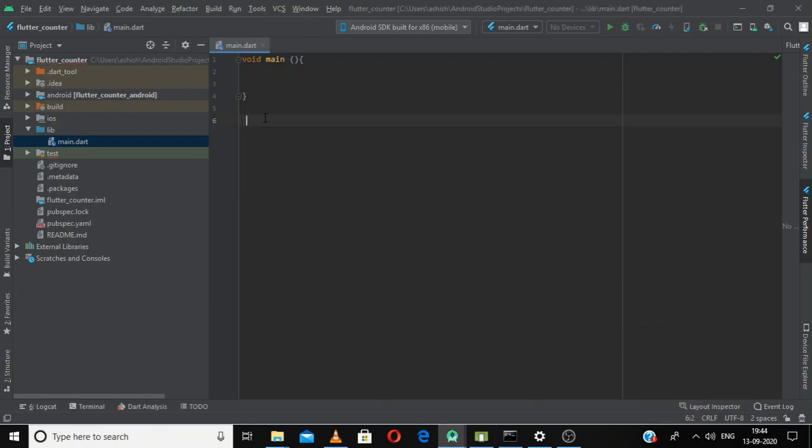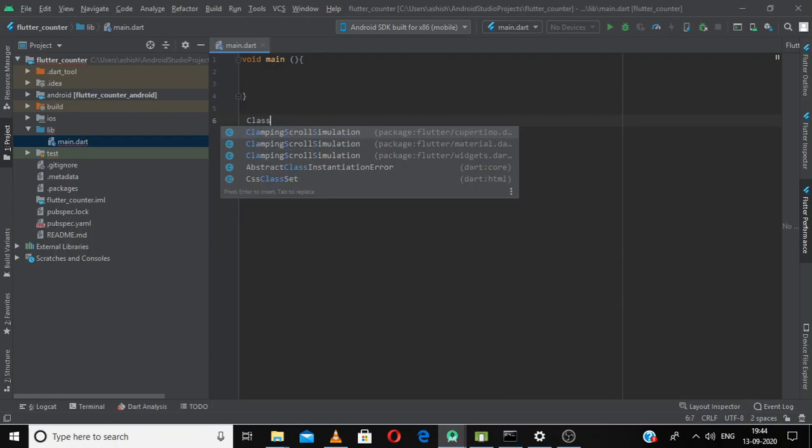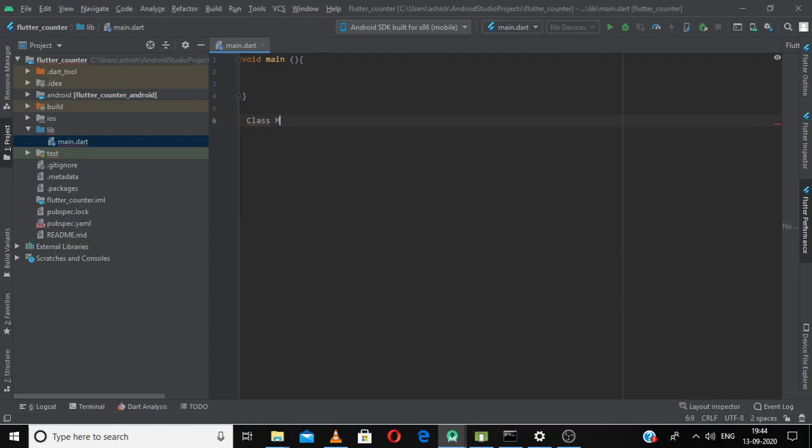To write a class, start with the keyword class and then the app name. I write MyApp. You can write anything, just follow the writing convention. You cannot write the class name with a small letter, always use a capital letter, and then the body of the class. As you know, a widget is basically an arrangement of pixels on the screen.